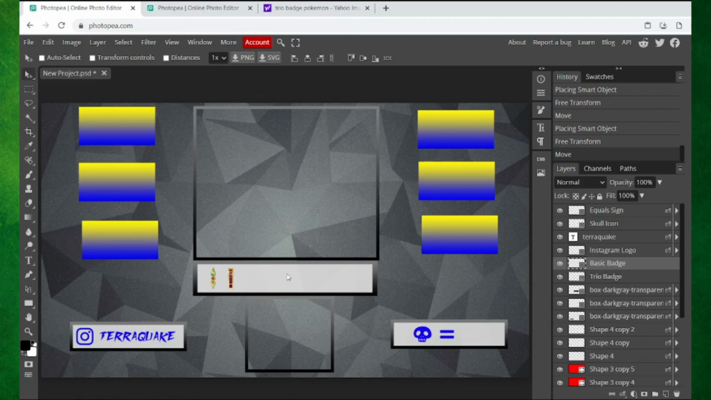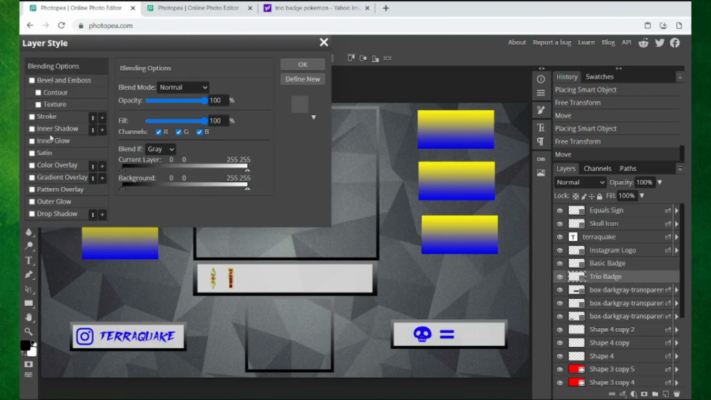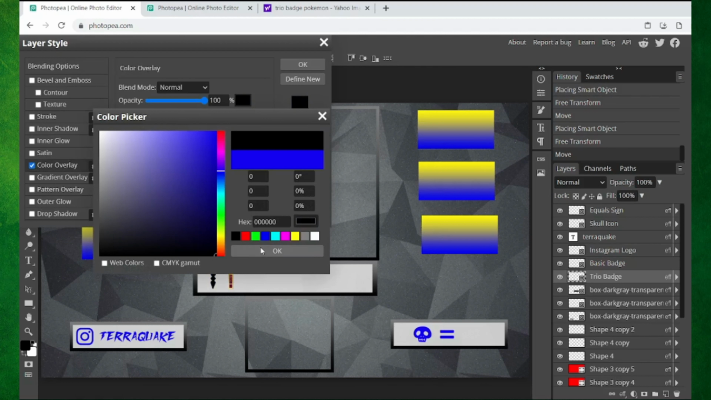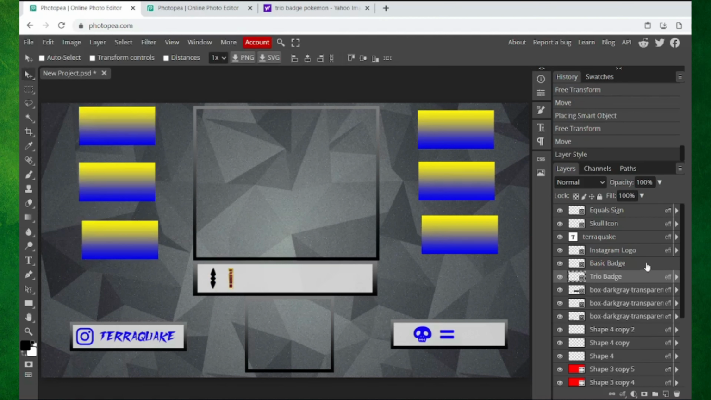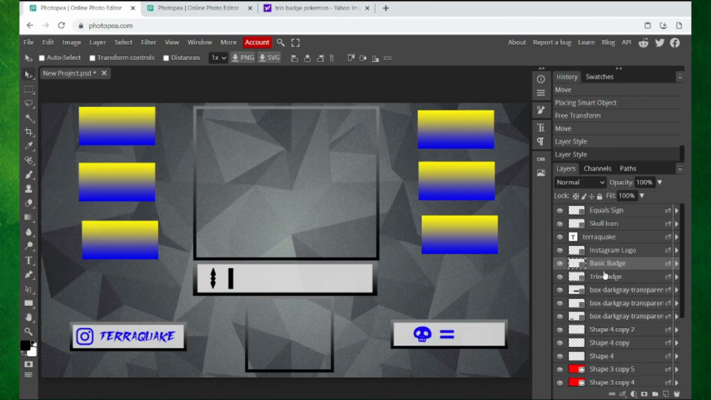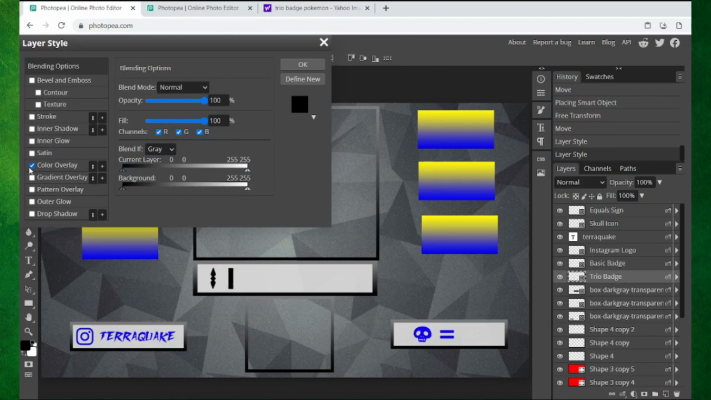Of course, you're not going to have all 8 gym badges right as you begin the game, so in order to let people know when I have a gym badge or how many I have, what I do is I double click, go into the layer style, go into color overlay, and just make it black. And I would make all 8 of them black to start the series. And then as I progressively go on, I would just come in here, do color overlay, get rid of it,